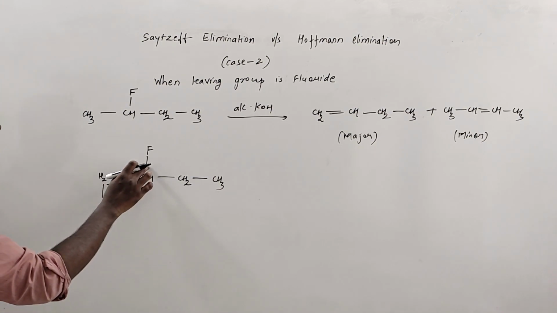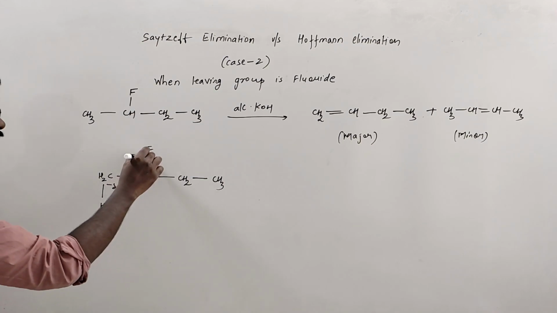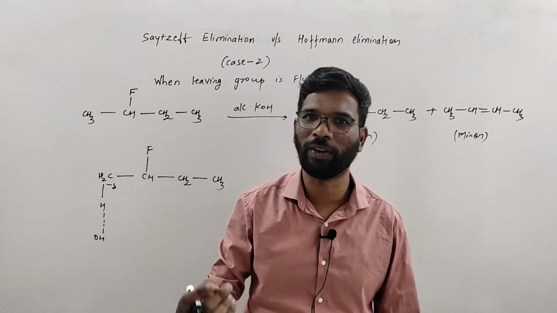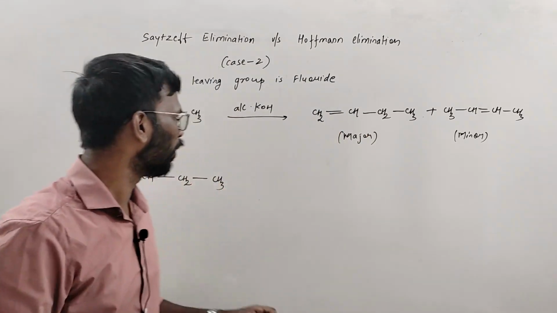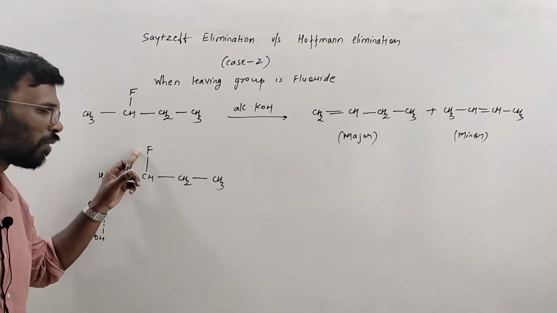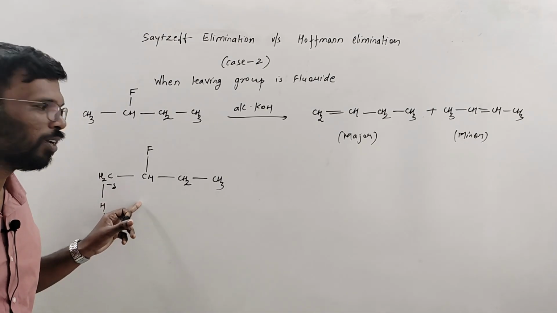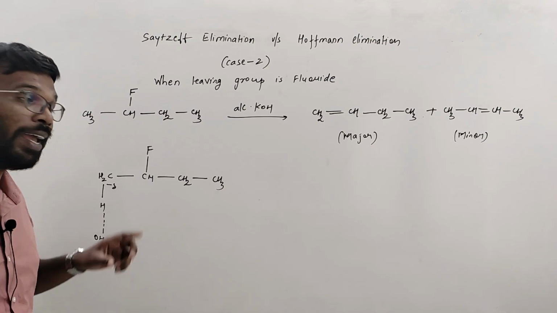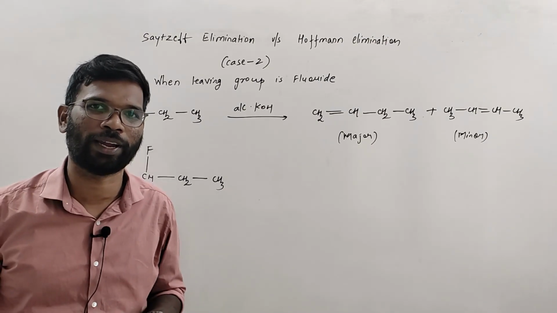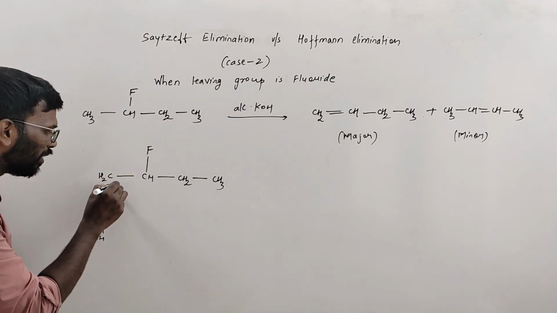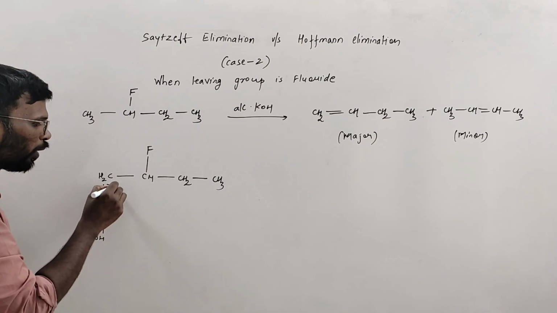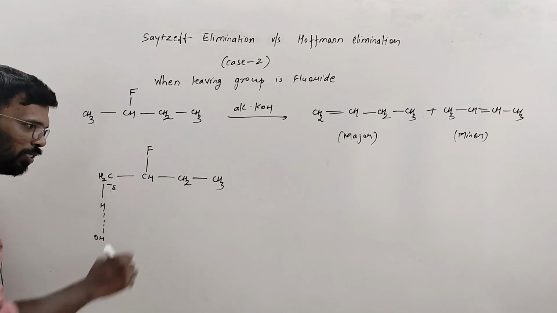And fluorine is not a very good leaving group. It won't leave because of the bond length. Fluorine is a small atom, right? So the bond length is very, very small. So it is not able to leave very easily, and on top of that it is highly electronegative. So what happens over here, there is a negative charge, and through the inductive effect it is pulling the electron and this negative charge is stabilized.